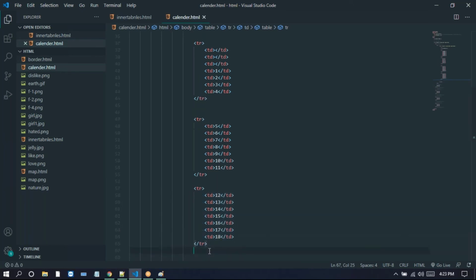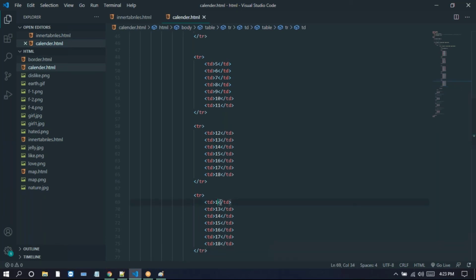So here we can take the 20, and we have 21, and we have 22, and we have 23, and we have 24. So we have 24 and 25 here. So I'm just taking the 25.